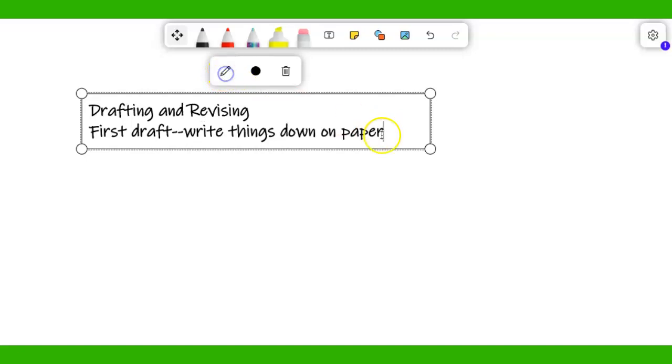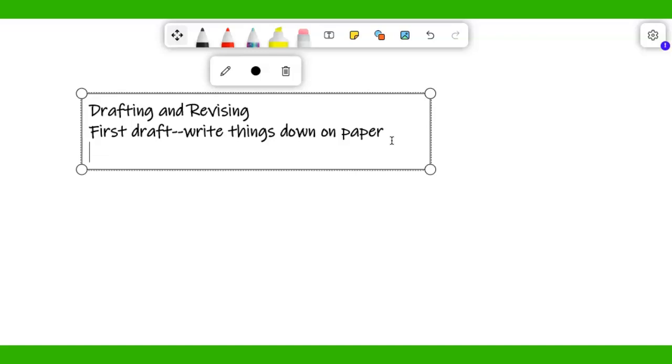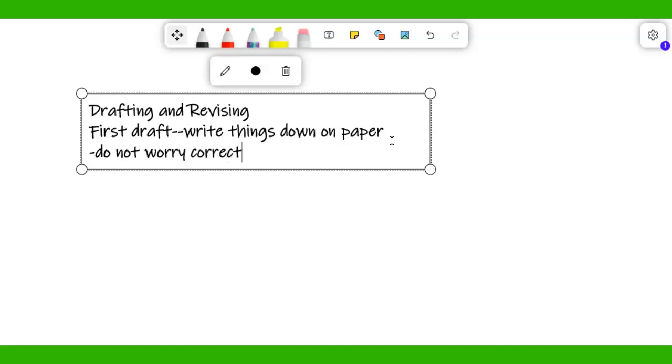Now, the thing about drafting, it is different from revising, and most people don't think, when we're thinking about drafting and revising or editing and proofreading, how they're different. With drafting, as I said, it's really getting your information on your paper. We don't really think about corrections. In this moment, we are simply writing. You do not worry about corrections. That includes grammar, sentence structure,